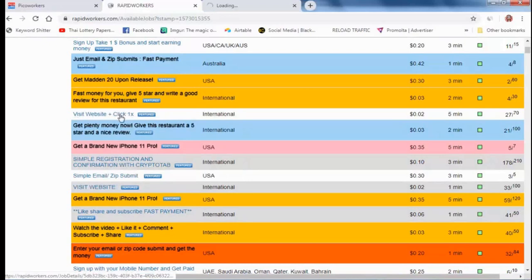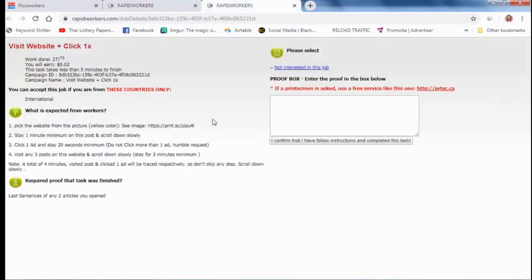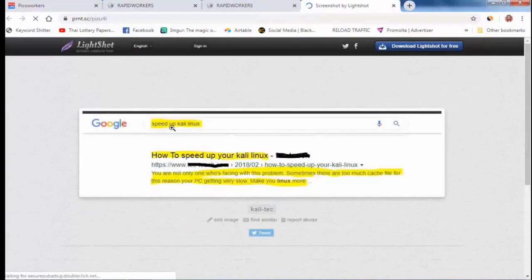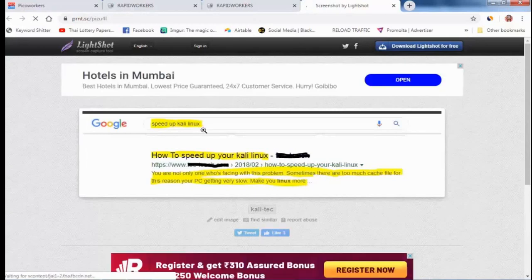Visit website plus click 1x. What do they write? Pick the website from the picture, yellow color, see the image. Here he shows this website. Now you can check speed up Kali Linux.